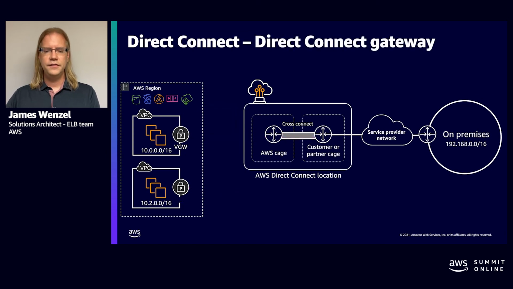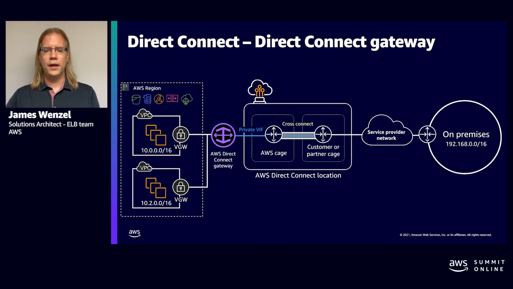Now, if you have 50 and you need more, you can use something called a Direct Connect gateway. The Direct Connect gateway will give you an ability to break out a private interface from 1 to 10 interfaces, and it will span multiple accounts and around the globe. So if you want to use one Direct Connect to access multiple constructs around the globe, you can use a